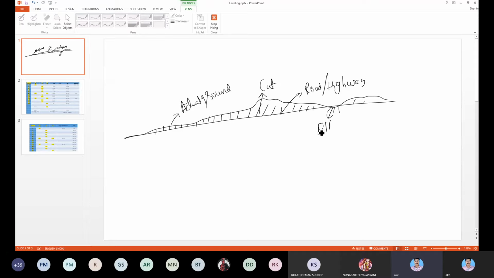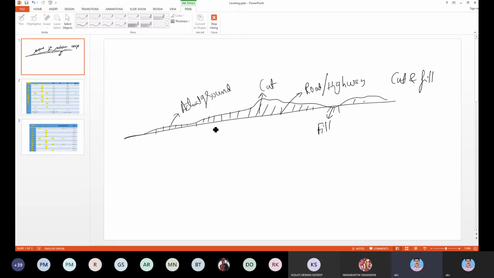This profiling will be helpful to identify how much cut and fill quantity you require for developing a highway or a railway. It is very important for highways and railways because the alignment you follow is not fixed initially. You have to fix it depending on surveys. If there is undulating ground, or a small hill or small crest, you need to fill or cut that portion so that your alignment can pass through those areas.